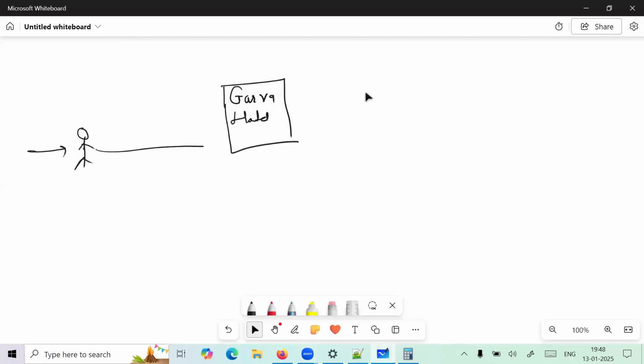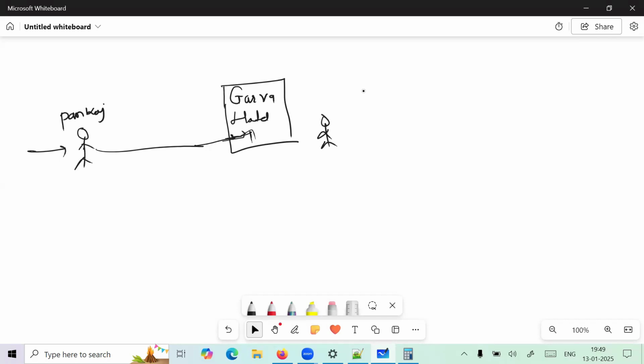There is a Garwa hotel, something you can consider. So this man went to this hotel. Let's consider he is Pankaj. So Pankaj went to this Garwa hotel, and after reaching this restaurant, immediately the waiter will come here. Okay, and he will ask Pankaj that, sir,